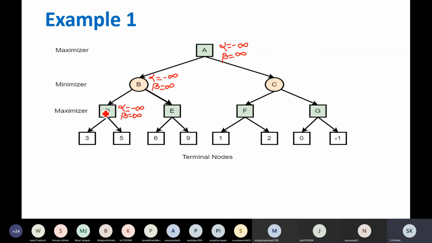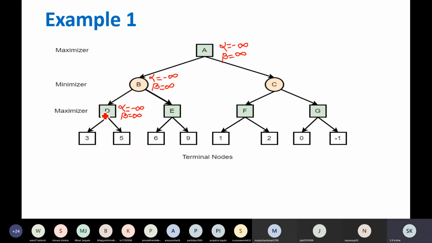Now since this D is a maximizer, which option will D select out of these two? Evaluated values are 3 and 5. So, 5, right, since it's a maximizer's turn, maximizer will always try to maximize. So maximizer will select this option with value 5. Okay.